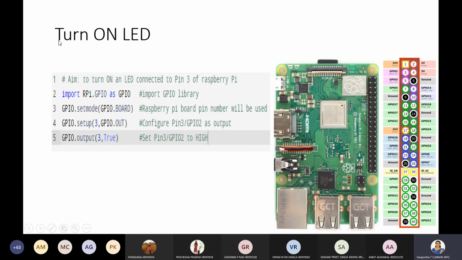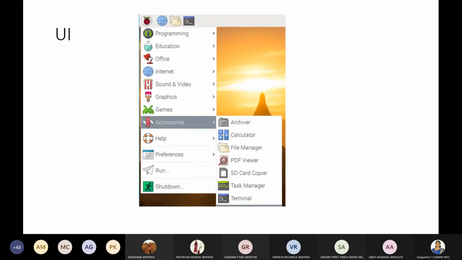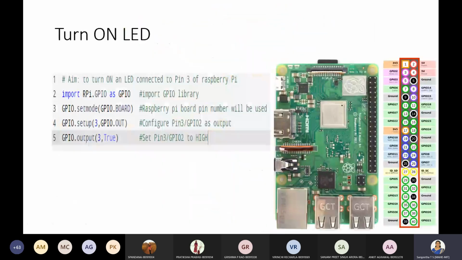Okay. So for the first program we are using the programming language Python. From the UI interface that I have shown here, you can just get the basic version of Python from here, and you can open an editor and start writing.